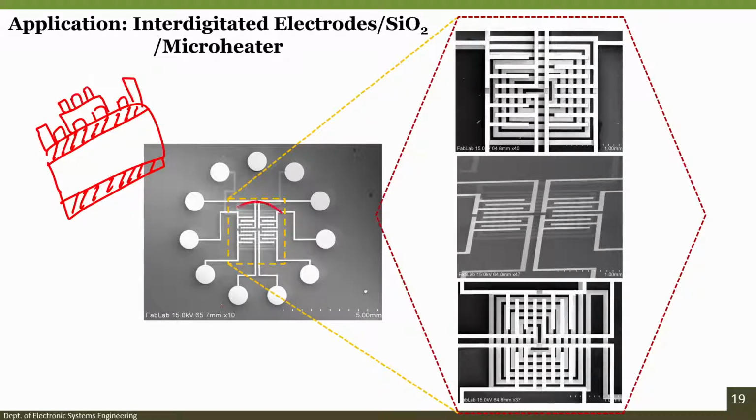So, you can see here there are 4 interdigitated electrodes. So, how can we create this? This is also possible by using lithography technique. So, these are interdigitated electrodes. If you see from the bottom, this is the silicon wafer, then you have a micro heater, the pads of the micro heater are here, then over that you have insulating material, over that you have your interdigitated electrodes. We will see how we can fabricate this as well.